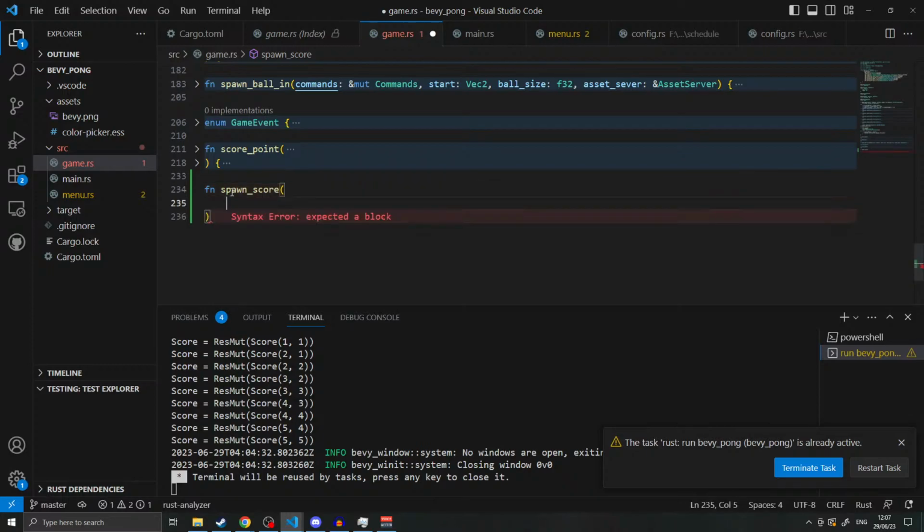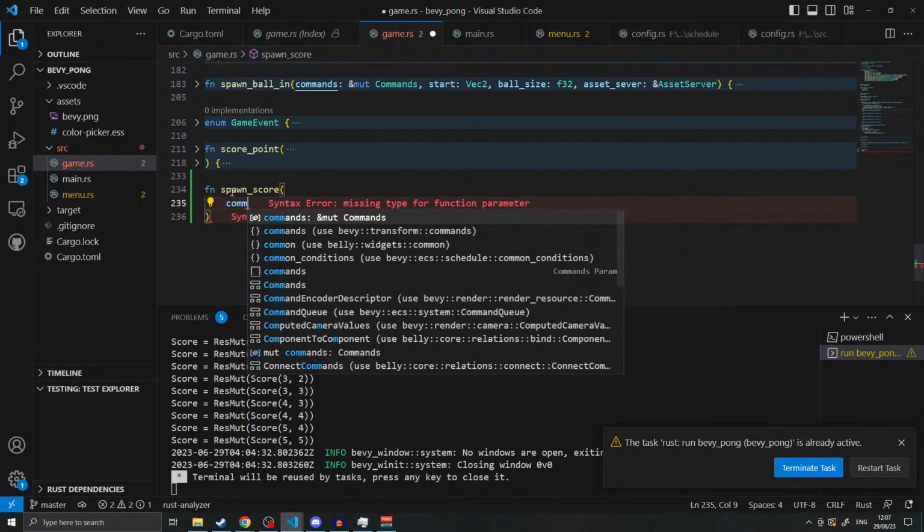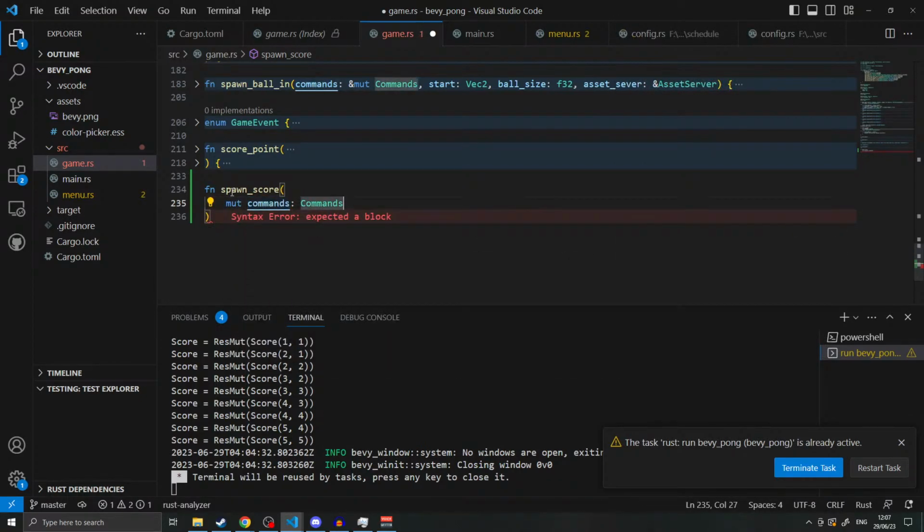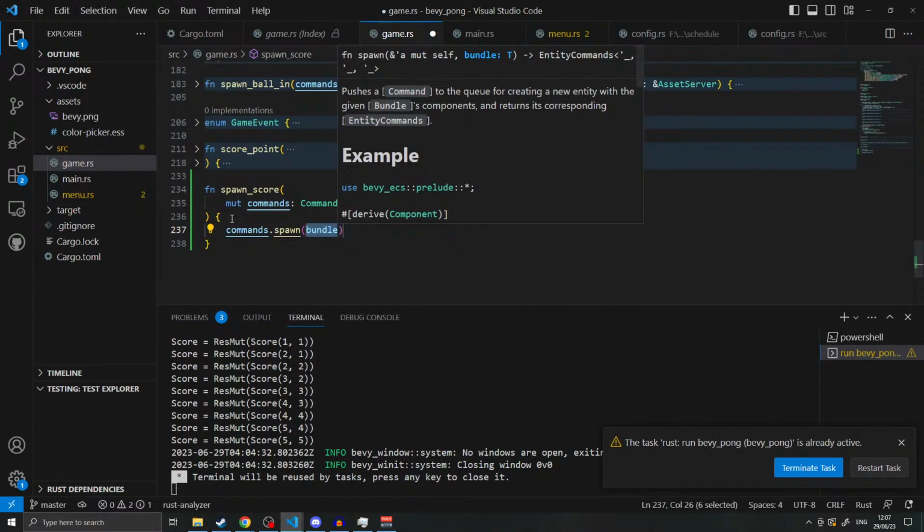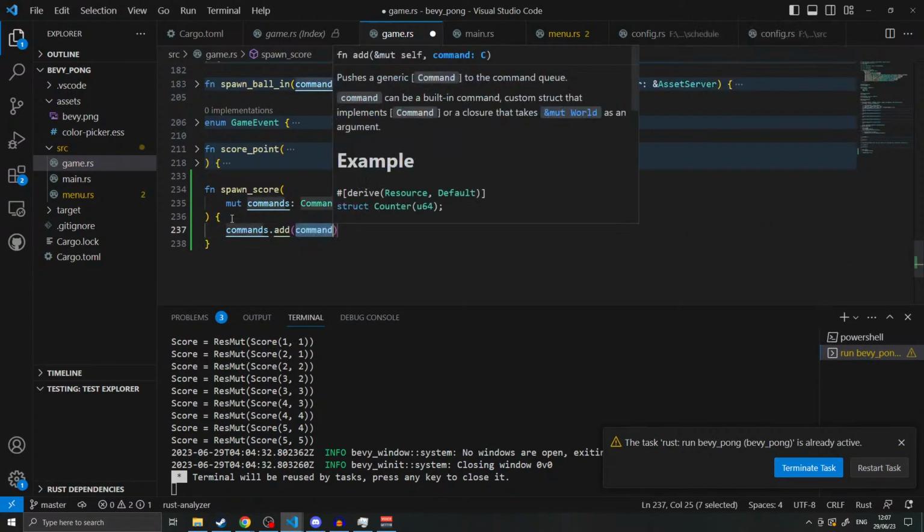Okay, so we're going to need probably just commands again. We want this commands, then we just say something like commands dot, no, it's add, and then it's a